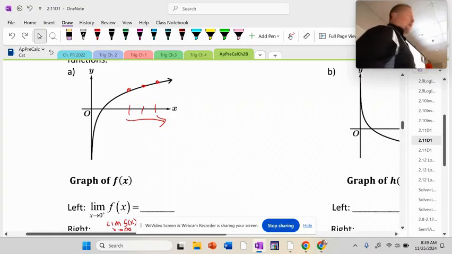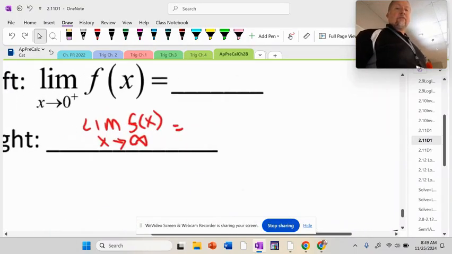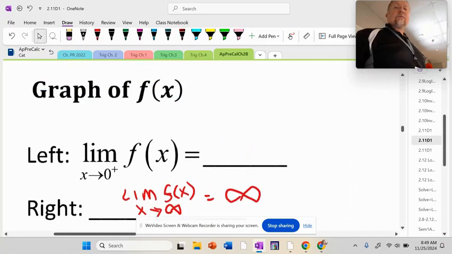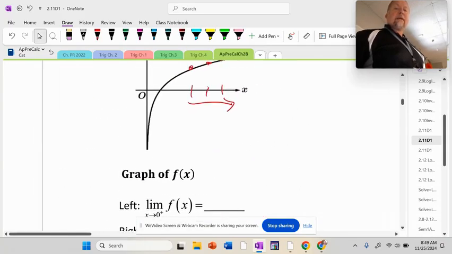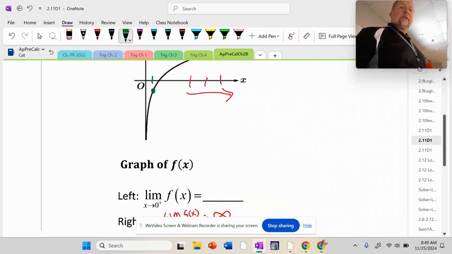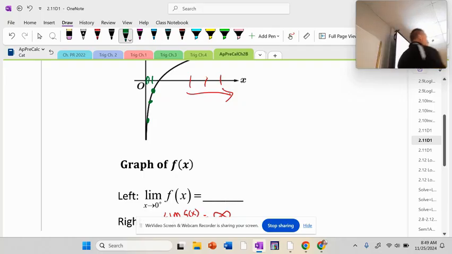Of course, as I plug in bigger x's, the y's go off to infinity. So that's our right limits. And then reminder, this is not new. This is why I'm not spending a lot of time on it, but I will change this color to green. Input, output. Input, output. I'm trying to get closer and closer to 0 for x, and then looking at the